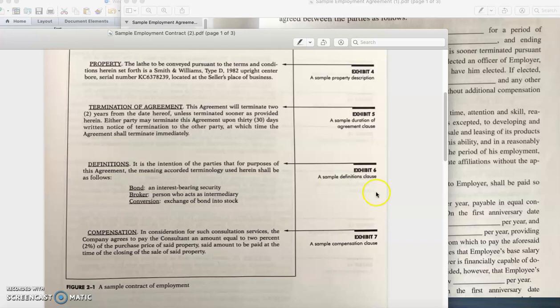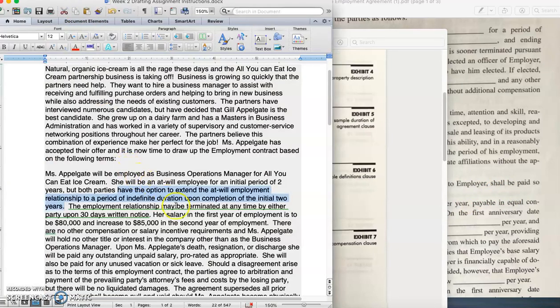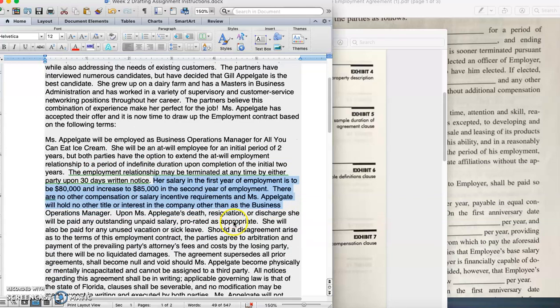So your next paragraph, just going off of the fact pattern, is in the fact pattern I gave you information about the next kind of paragraph, which is about her salary. And again, you don't have to draft the contract in the exact order I wrote the fact pattern, but you just want to make sure you include all the facts. So I talked to you guys about her salary. So what you could do is maybe title your next paragraph